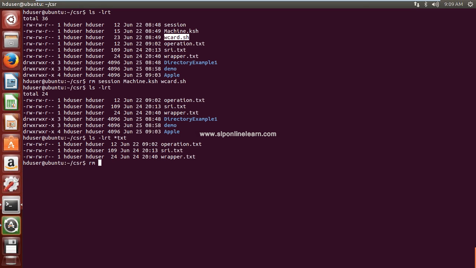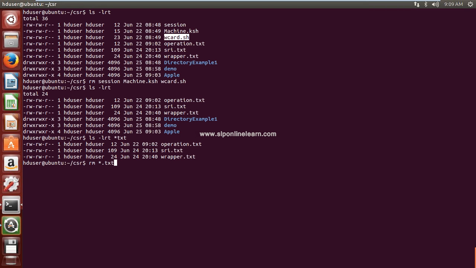So rm space star txt. Here we are using star. It is a wildcard character. It refers to multiple characters. So star.txt, both are the same. Why? Because star.txt means ending with .txt.